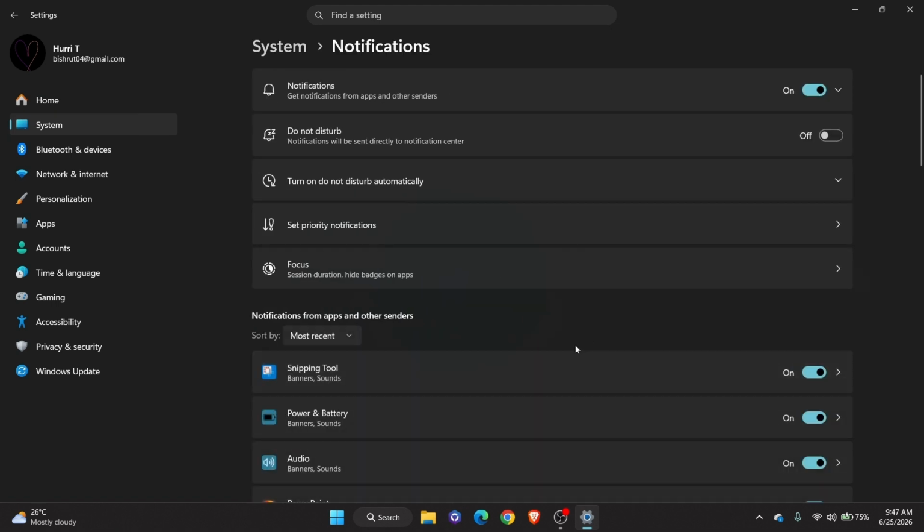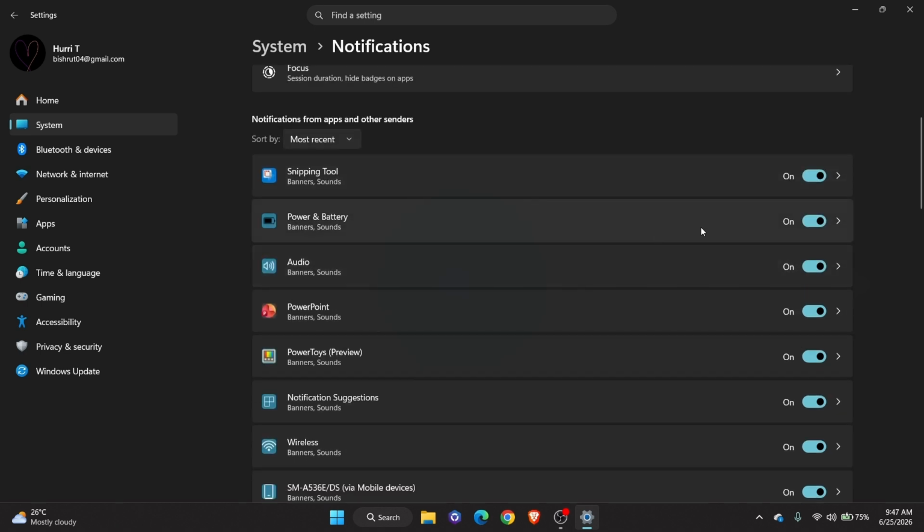At this point, the main toggle at the top controls all notifications at once. Turn it off if you want complete silence across every app. From here, if you want more specific control, leave that toggle on and scroll down to the list of apps underneath it. Following this, click on any app name to open its individual settings, rather than just toggling it on